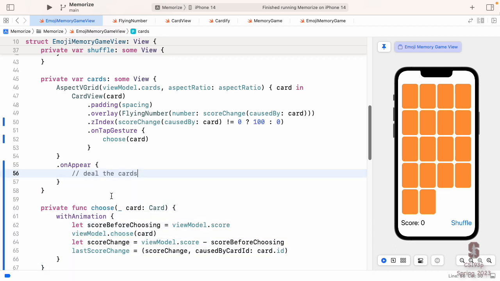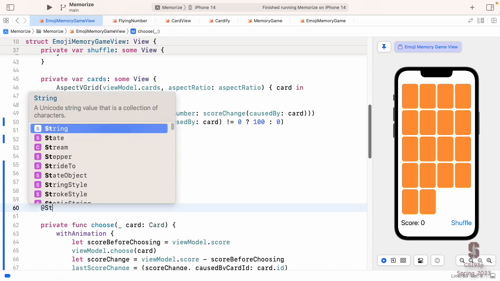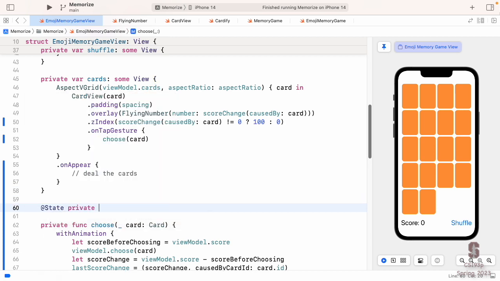So we're going to need some @State to represent these cards and whether they're dealt or not. So I'm going to create a little private var and call it dealt. And it's going to be a set of these card IDs. Again, I'm using card ID there instead of string. And I'm always using the IDs of cards, of course, because the cards themselves are copies. This is a value type, so it's copies. Whereas the card ID is a unique identifier for the card. And with this little set, if a card ID is in this set, then the card has been dealt. Otherwise, it has not. Notice I start it empty. That means none of my cards have been dealt.